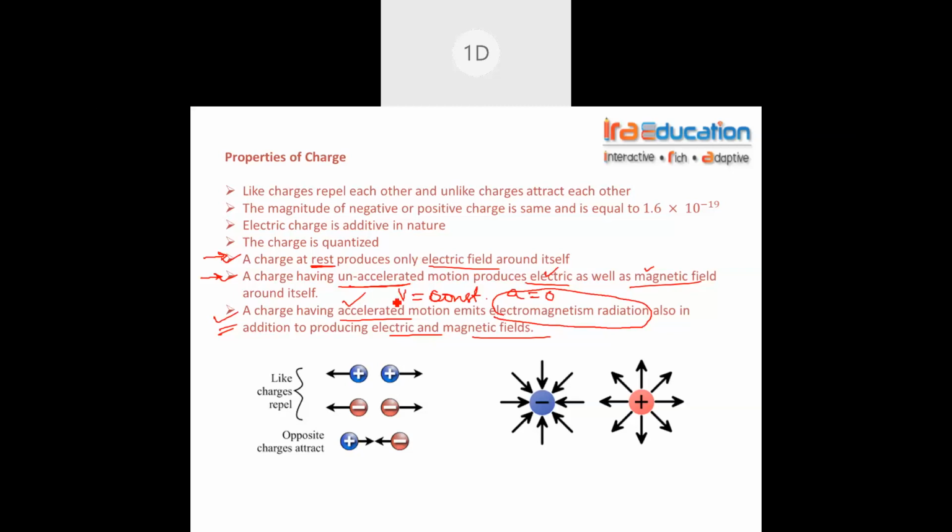You can see that clearly, like charges are repelling each other. Both of these are like charges. The inherent property of a negative charge is that the field lines or the force lines are towards the center. Please see this diagram and see this diagram. The inherent property of a positively charged body is that the field lines are away from the center. Towards the center for a negative, away from the center for the positive charge. Moving further,